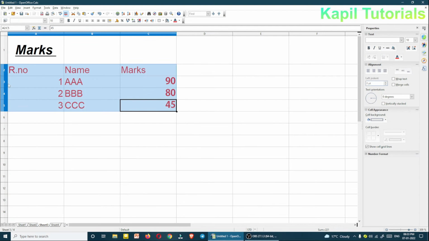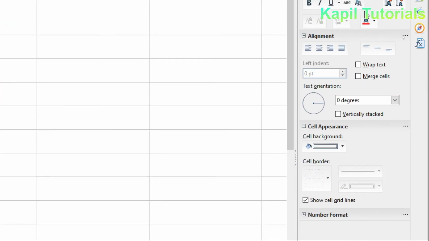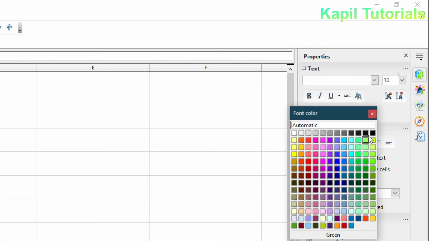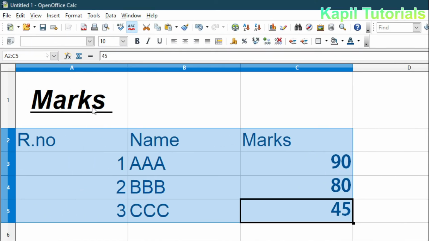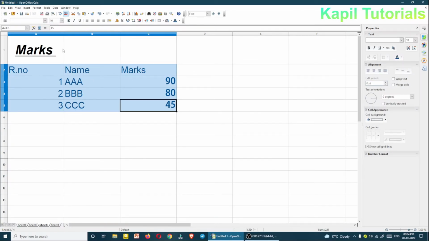You could see the whole text has changed into red color. The same way, in the properties option also, from here you can change the color. Suppose now I make it blue, somewhat like this, so it's blue. So I hope this concept of changing the color is also very clear to you.